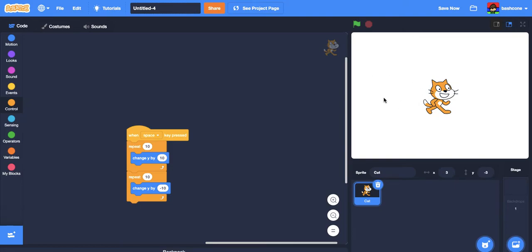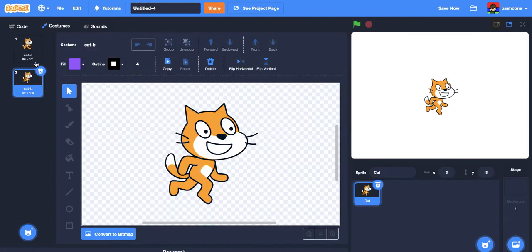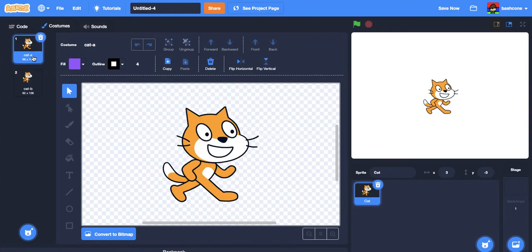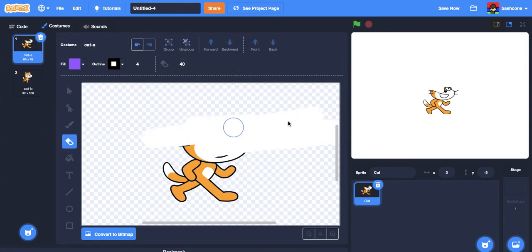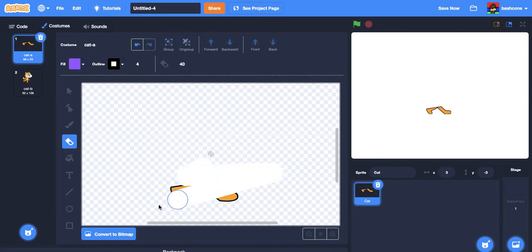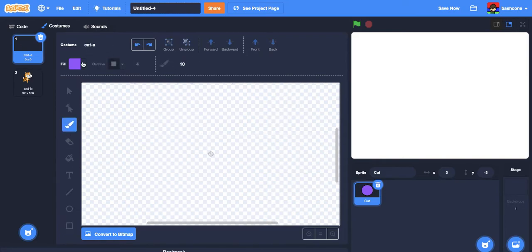So we're going to make a jumping animation, because why not? We already have pre-built things. If you hate drawing and you don't want to draw, you can use outlines for a jumping animation, but I'm going to draw for this video, and you probably want to draw for this. So your first costume,